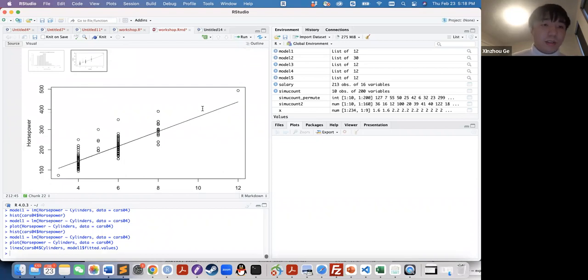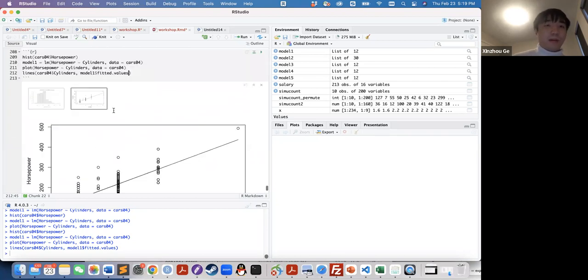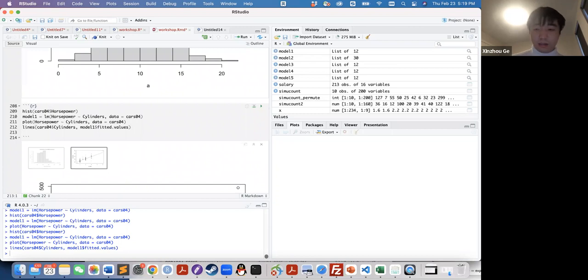Okay, so it seems that the dataset looks good, but you may find that most dots are above this regression line for the small x, especially for x equal to 5, where all the dots are above the regression line. And it's also the same case for these. So if you are not pretty sure about this, we can look at the